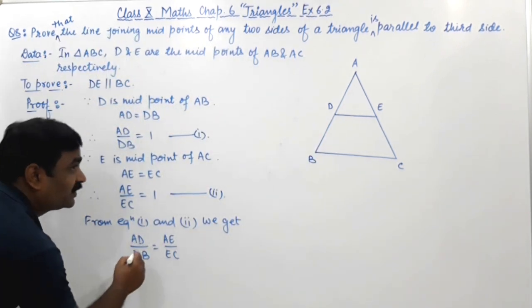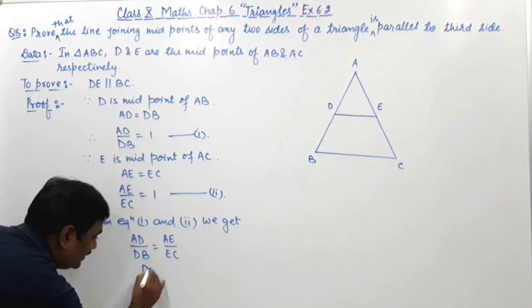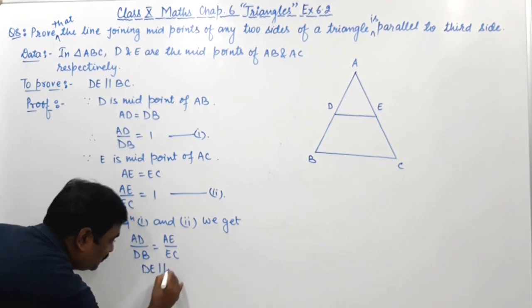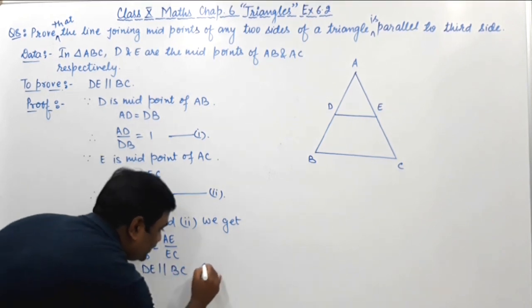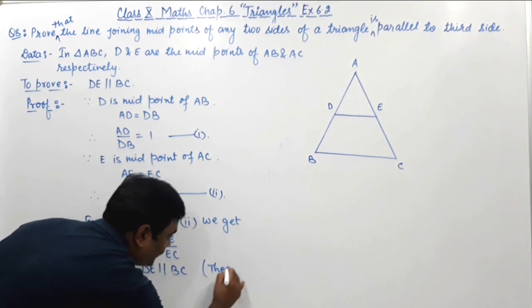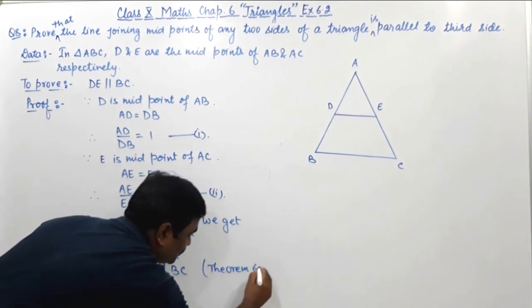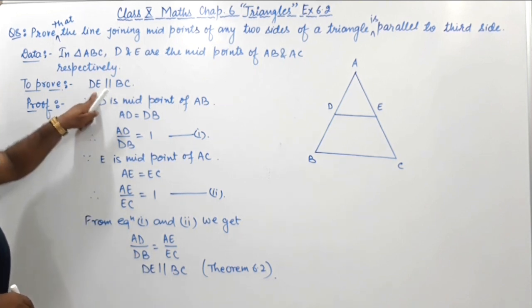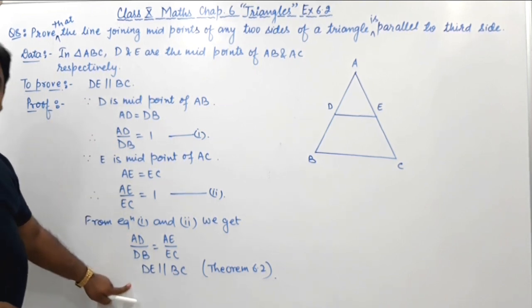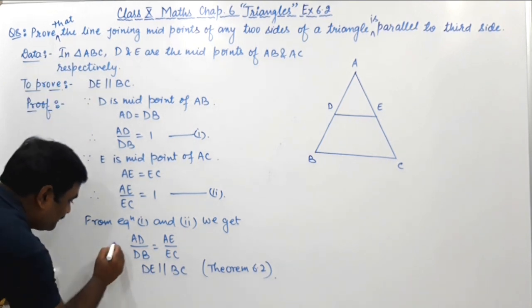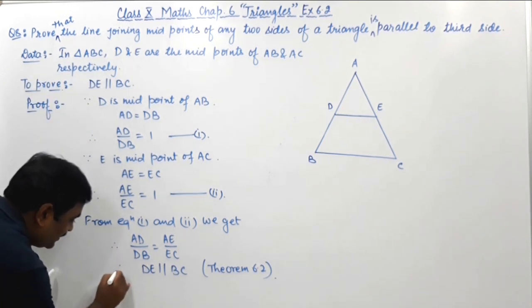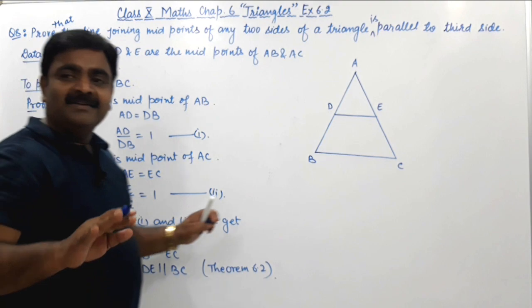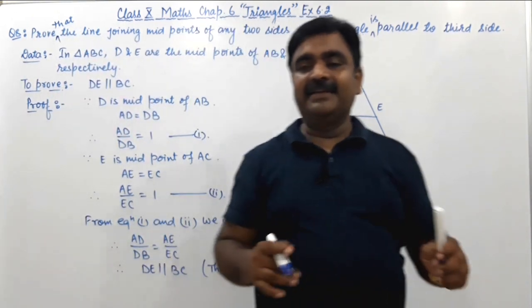So therefore DE is parallel to BC by theorem 6.2. Got the result? DE is parallel to BC. अंडरस्टूड द कॉन्सेप्ट? कॉन्सेप्ट समझ में आया? कोई कंफ्यूजन? वेरी गुड।